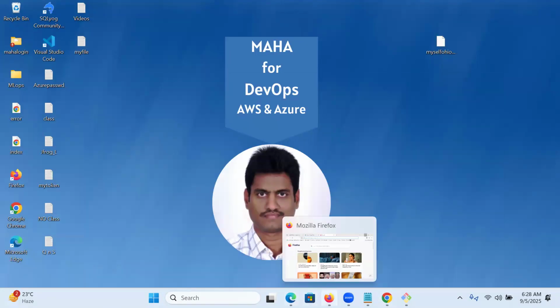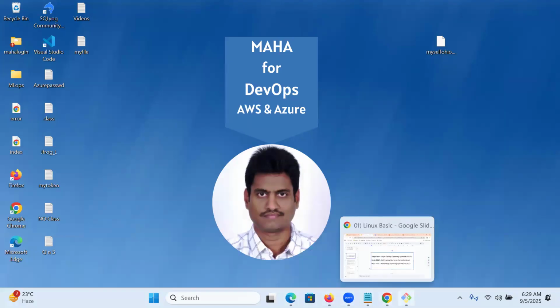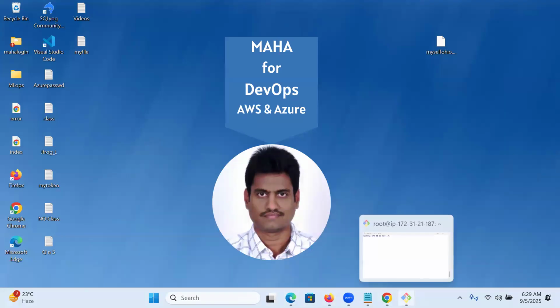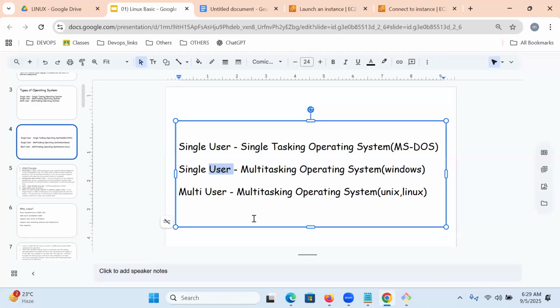Like Edge, Firefox, Zoom meeting, text, Chrome, Git Bash. At a time, we can work with multiple tasks. One user can log in, and after login, that user can do multitasking. But what about a multi-user multitasking operating system?